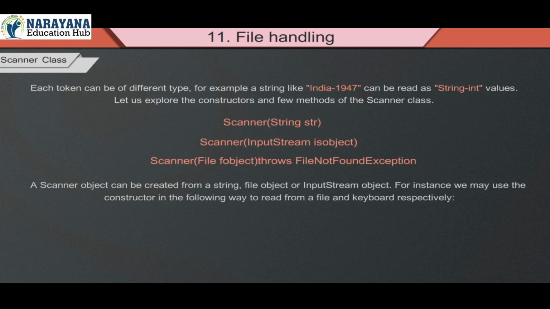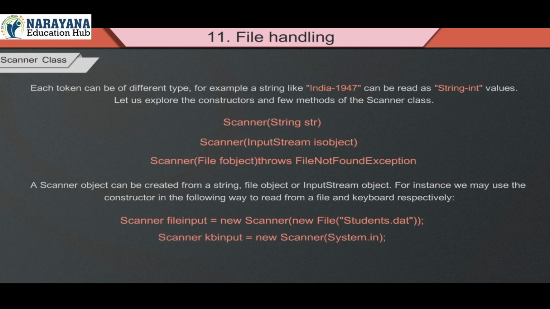A scanner object can be created from a string, file object or input stream object. For instance, we may use the constructor in the following way to read from a file and keyboard respectively. Scanner fileInput = new Scanner(new File("students.dat")); Scanner kbInput = new Scanner(System.in);